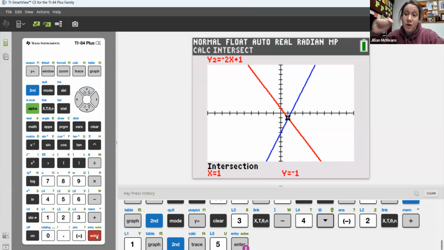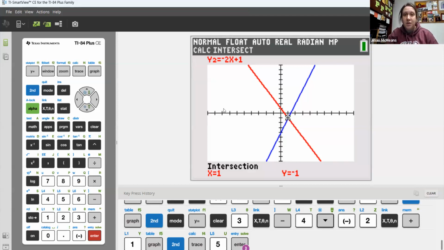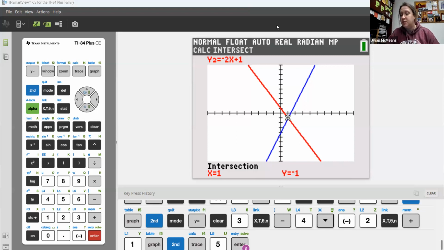If we were going to try to freehand this, we would have to be super duper precise. We even did an example in class where the graph was a little wobbly because I'm graphing it this big and it looked like our solution was going to be 2, 2, but in reality, the actual solution was 6, 11. Okay. So you want to be really careful when you're solving systems of equations by graphing. It's always best to back up whatever you graph on paper with a calculator or some kind of website that does graphing for you. So if we go back to the whiteboard, we can say with confidence that the solution here is,